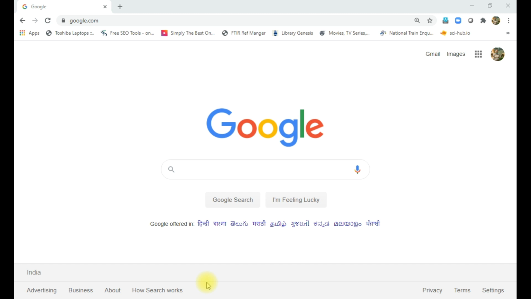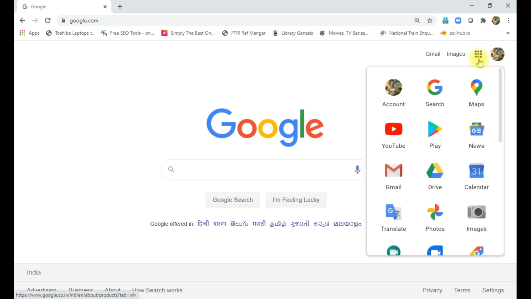To access Google Forms, first take a good browser, maybe Chrome or Internet Explorer or Mozilla Firefox, something like that. Then go to google.com and you can type here Google Forms, or you can select it from here. If you take here, then you can see